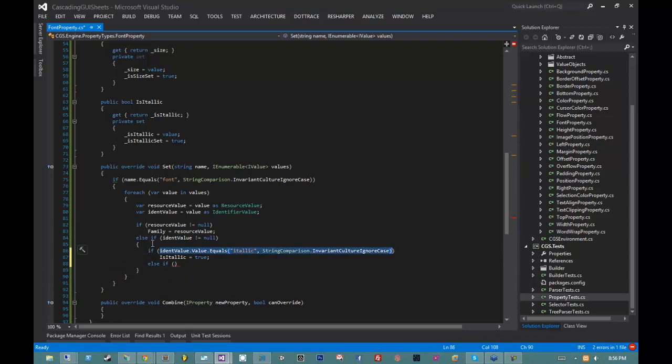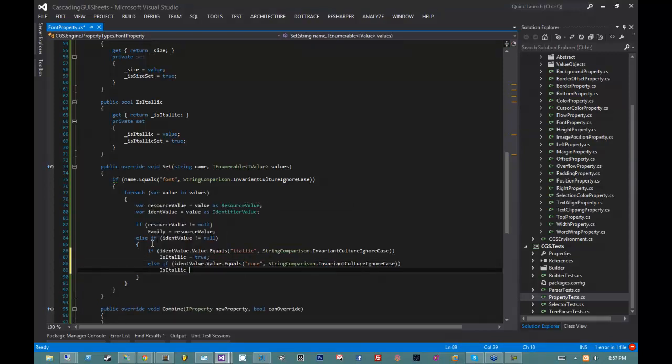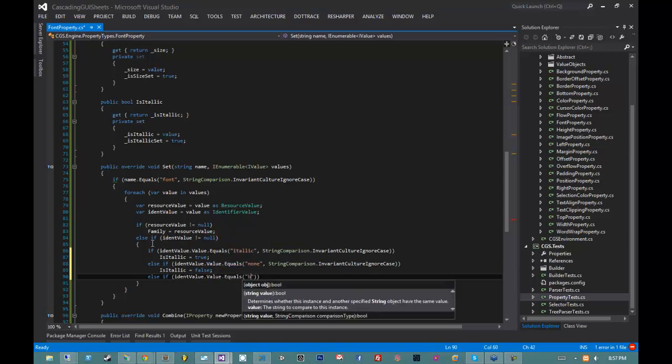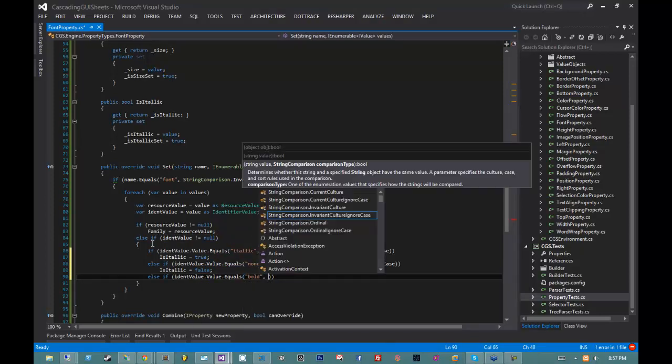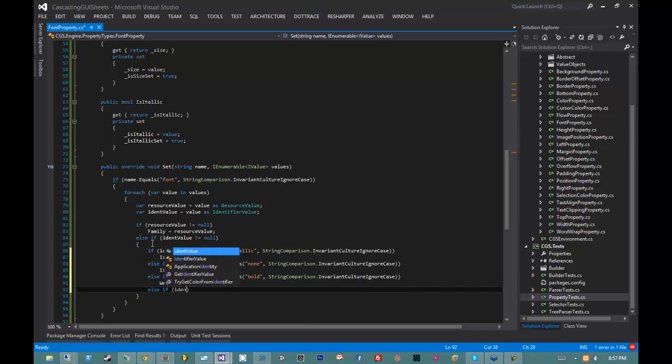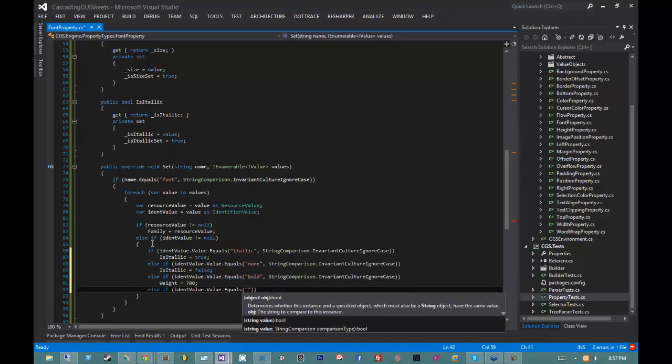Otherwise, if it equals none, then we are not italic. Otherwise, if it equals bold, then we have a weight of 700. Else if identifier value equals normal, then